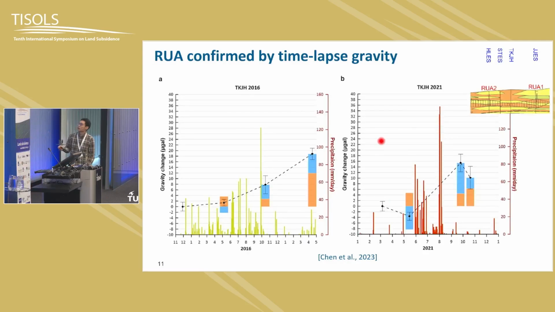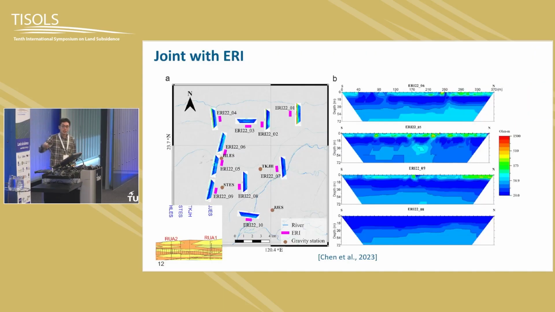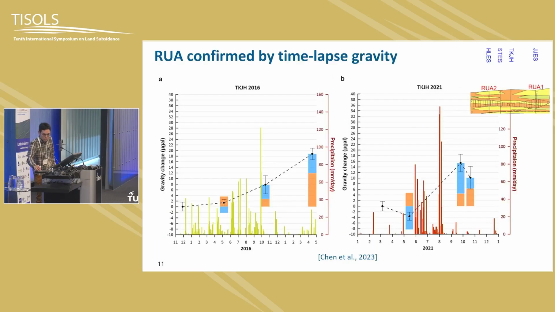If you look at a geological map, there's a site called TKJH. You see that in the year 2016, there was a lot of rainfall in these years. So the graph has increased because of a little bit of subsidence in these years, and the groundwater is in negative terms. It means that relative to the first time we measured, the groundwater is lost here.